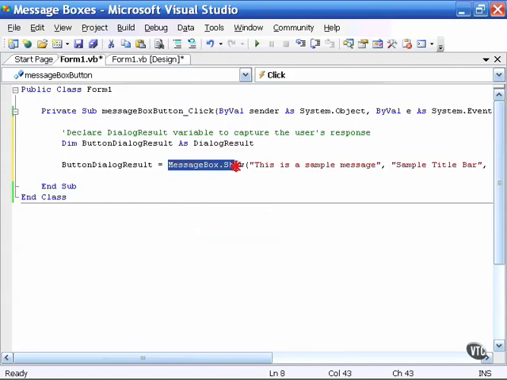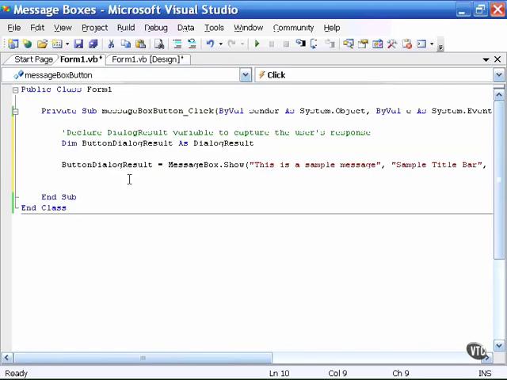So now what we're saying is display the message box with the appropriate message and the appropriate buttons, but now recognize that the user is going to respond, and whatever they respond to of the choices that we present them, that response will now be stored in the variable called buttonDialogResult. Once again, we have not discussed If statements, but typically how this will be used is in an If statement that says if buttonDialogResult